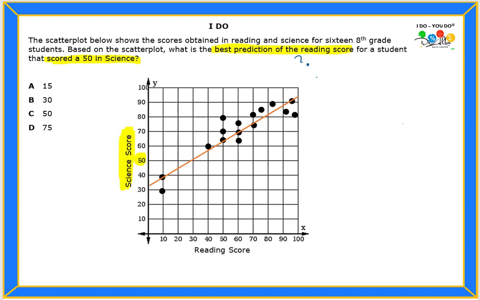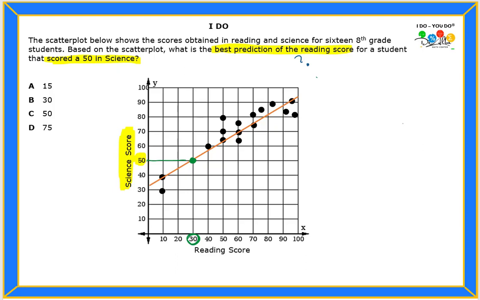I'm going to look at the 50 score of the science, and I'm going to go straight to the right, and stop right there on that line. You see that? This is the point that I'm expecting to use for the student, to look at the score that he could have gotten on the reading. So look down, and the score is a 30. So again, I looked at the 50 on the science, looked down at the reading score, and it's predicted that it could be a 30.